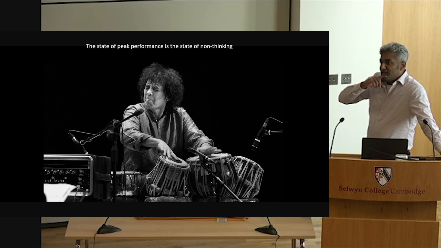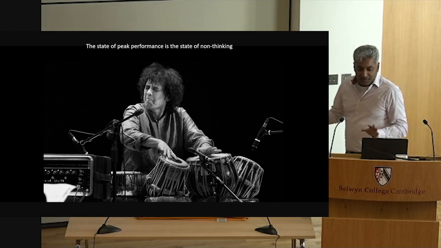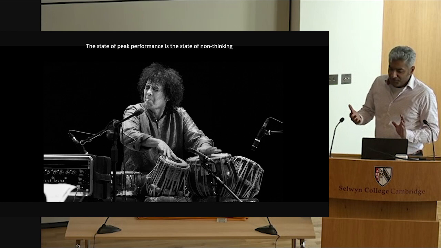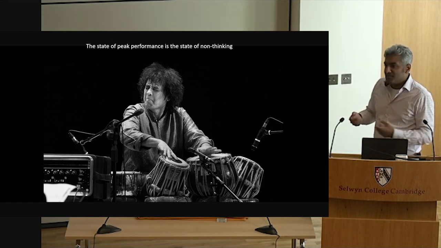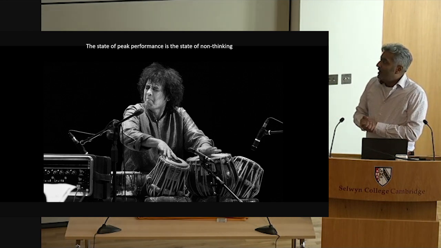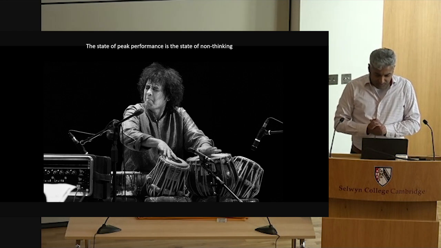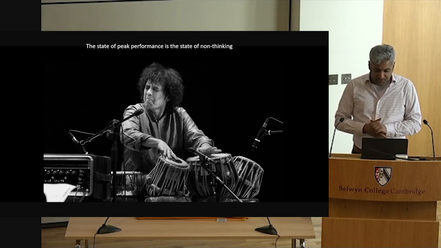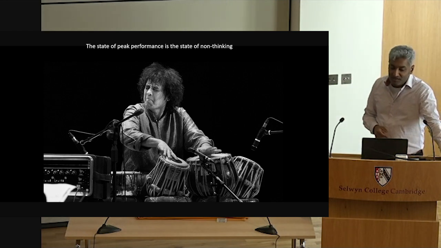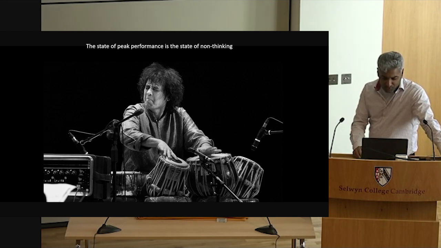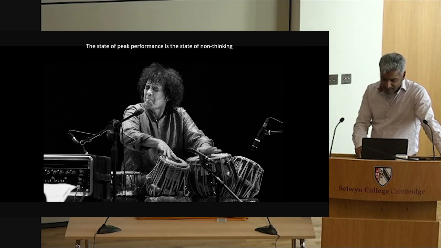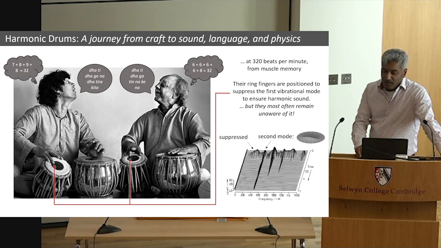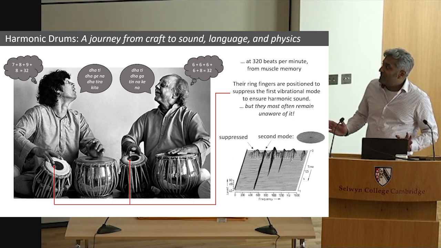They're not really counting in their head the sequence of numbers that will total to 64 or total to 32. And this is basically just, I don't know, the face of what some people call flow, which is a very pleasurable state where you're allowing inspiration to just flow through you. And this is a quote from a nice book I read recently: the state of peak performance is a state of non-thinking. And I would argue this is both the state of peak performance and the state of non-thinking. So with that, I come to the end of the talk. This is my summary slide.